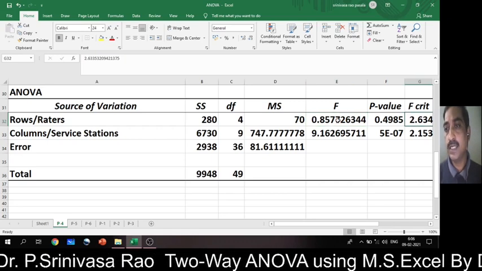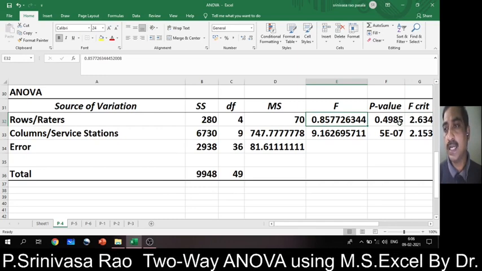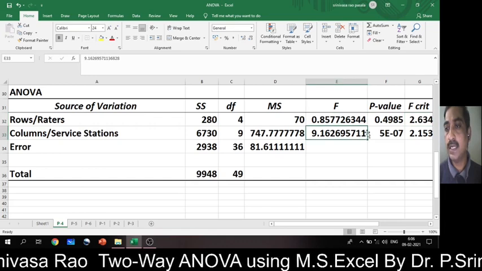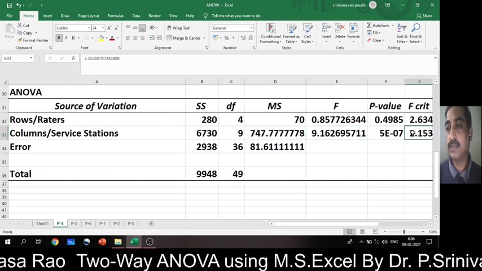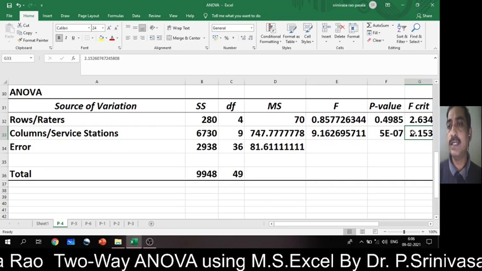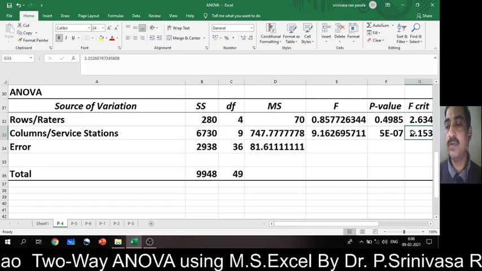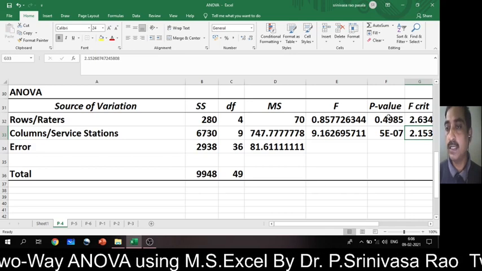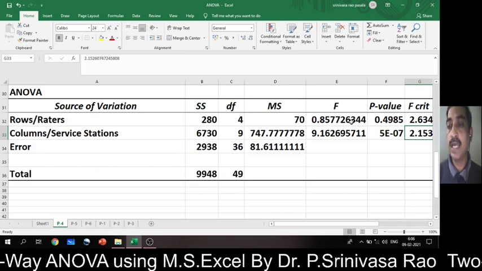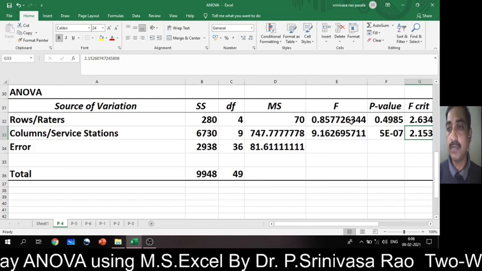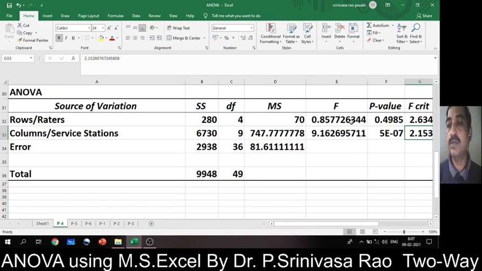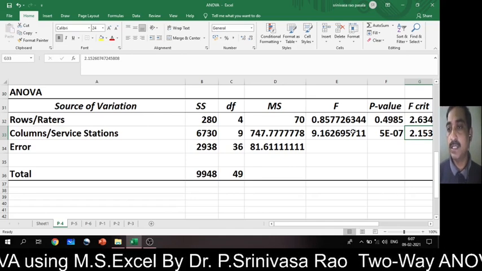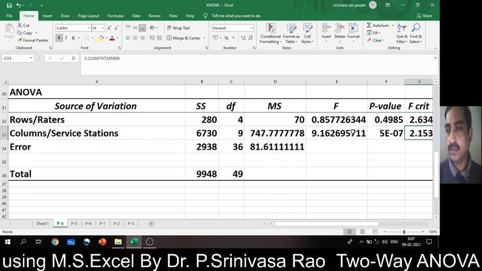If you observe, this value is less than the F critical value, and this value is greater than the F critical value. In the decision rule, if the F calculated value is less than the F table or critical value, you accept your hypothesis. Based on that you accept the null hypothesis about raters, but you reject the null hypothesis about service stations, right?